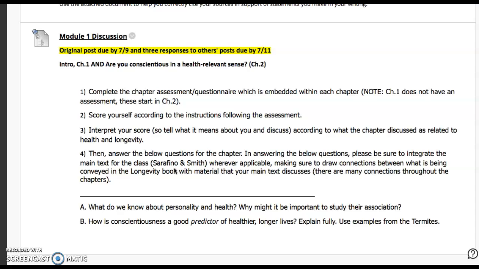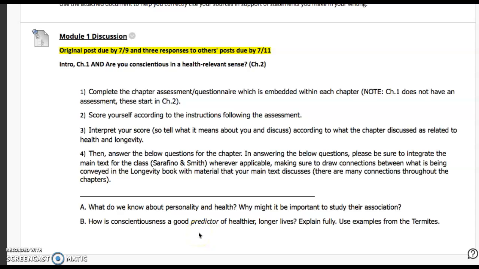What you're going to do with each chapter is complete the assessment, the little survey. You're going to score yourself according to the instructions it gives you in the book. You're going to interpret your score. What does that mean? I scored a 30. Okay, well, what does a 30 mean about you? And all that information is given in the chapter. And then you're going to answer the questions below that go along with the chapter. So there are two parts to every discussion board posting: tell us what you scored on the assessment and what it means about you, and then answer the